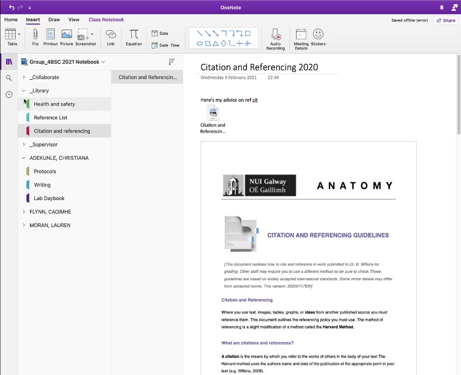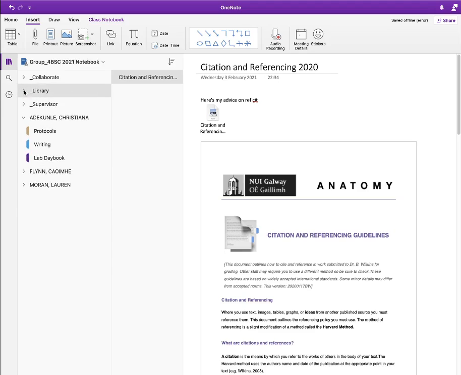So that's some ideas as to some stuff that you might put in the library. I'm sure you've got lots of ideas yourself as to what you might use the library for. I wanted to show you one other thing as well, which I think is worthy of note, and it goes